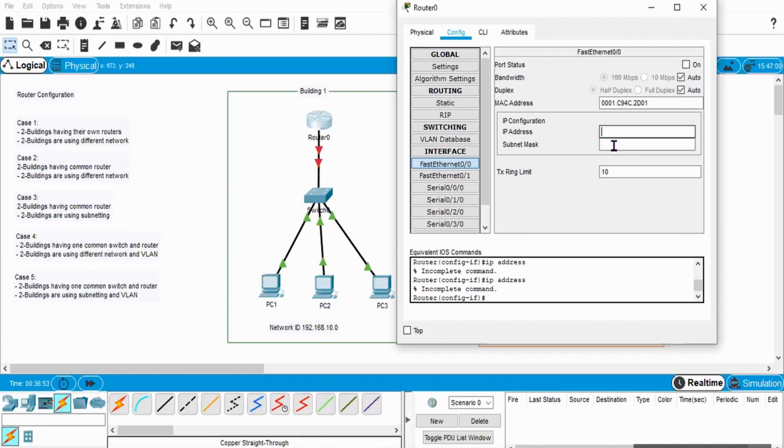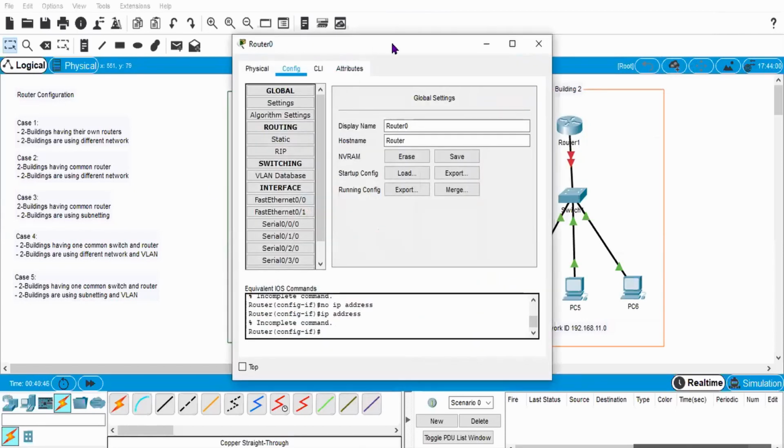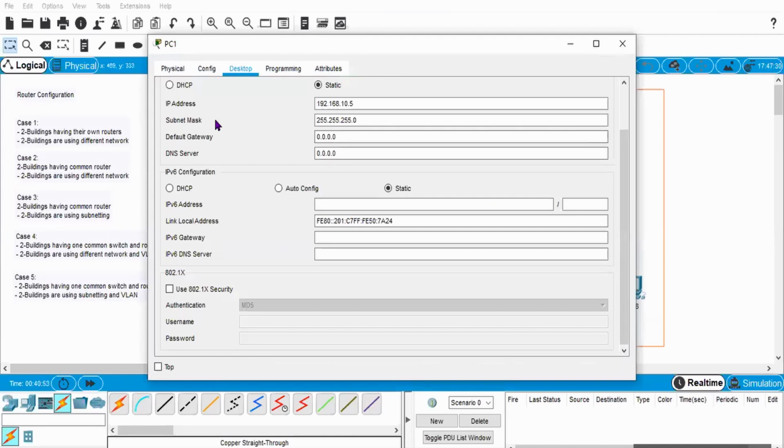In practical life we give the first address of our network as this IP address. It's not compulsory, but for convenience we give the first address. So I'm just explaining what the default gateway is. If you go to these PCs, under the IP address and subnet mask, there is one more thing, which is the default gateway.